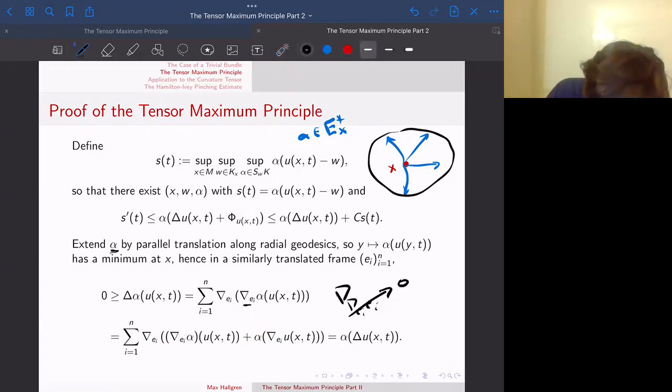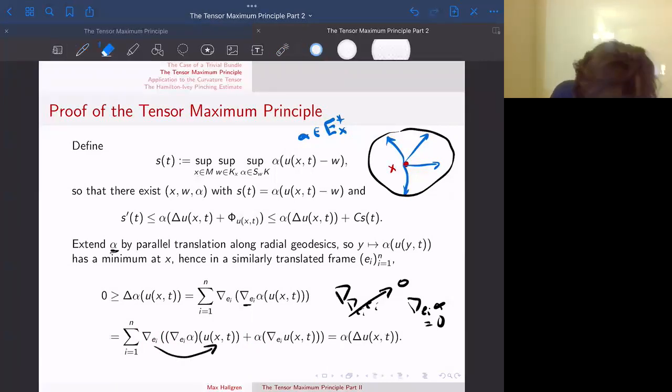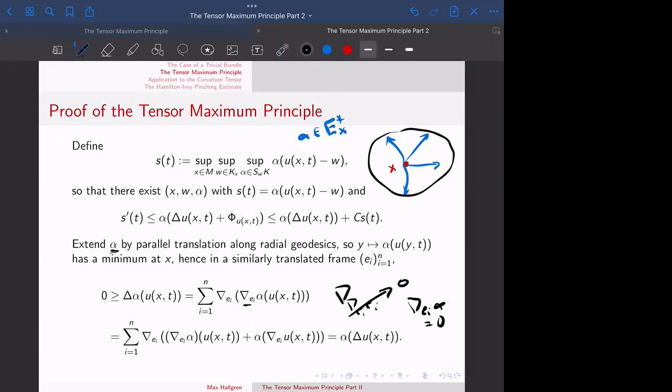So in particular, we know that nabla e_i alpha is 0 at x. Okay, and then we also have the derivative falling on here, but that term vanishes for the same reason, because this vanishes at x. And then lastly we have